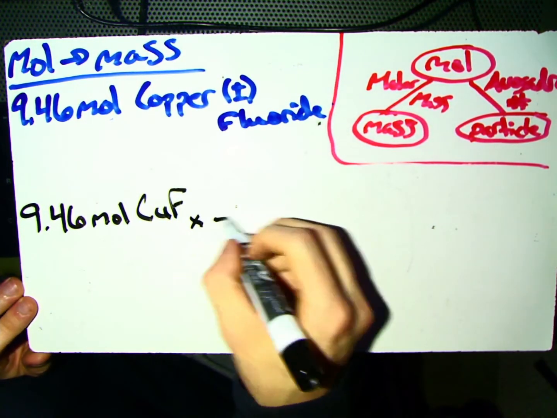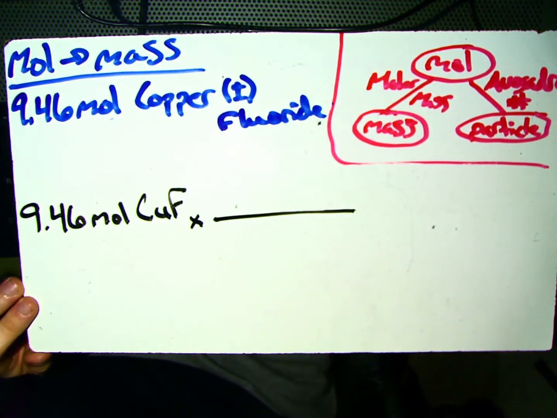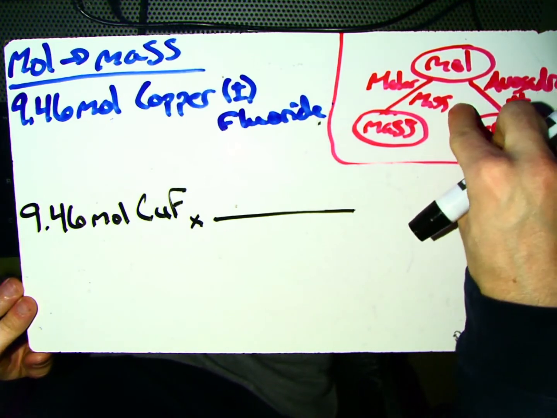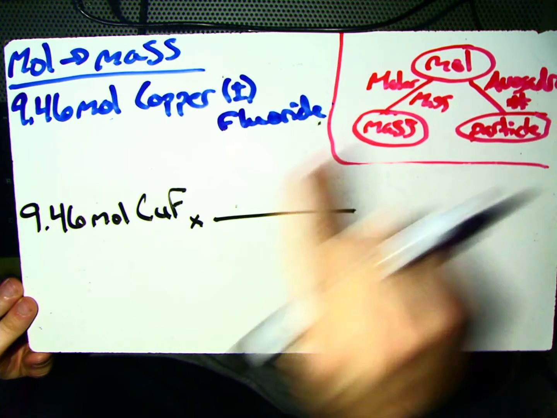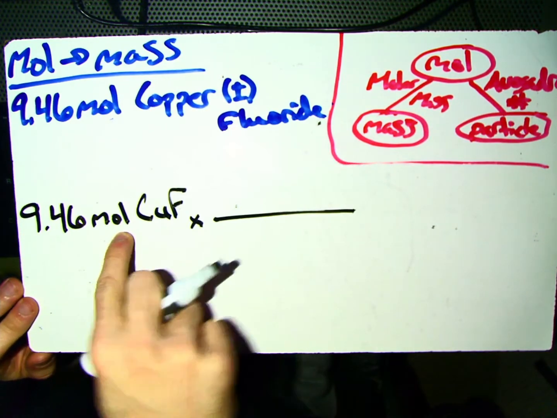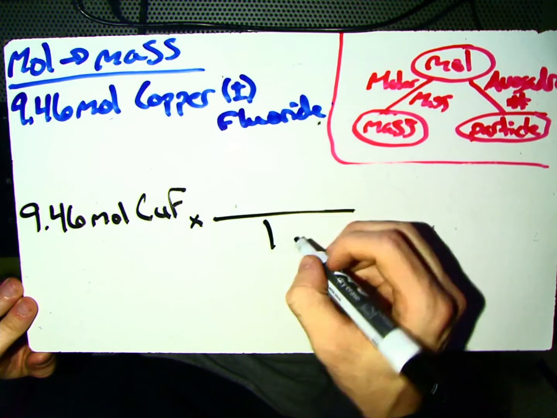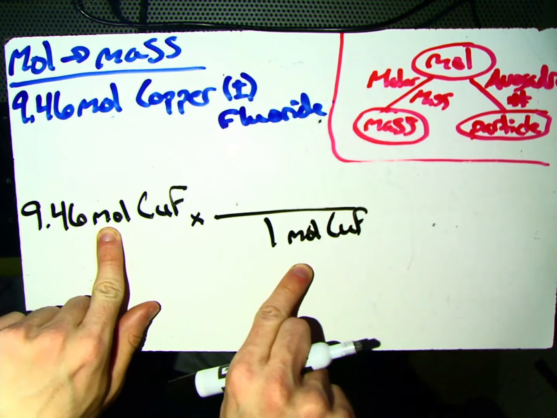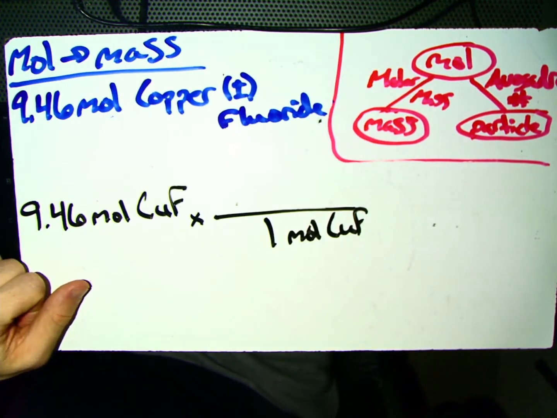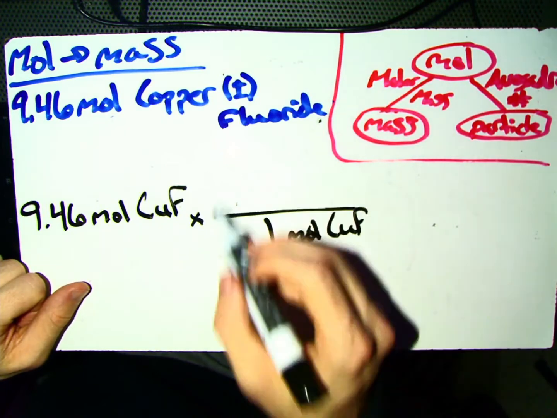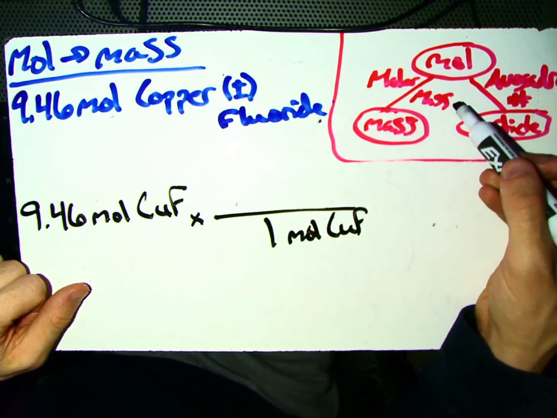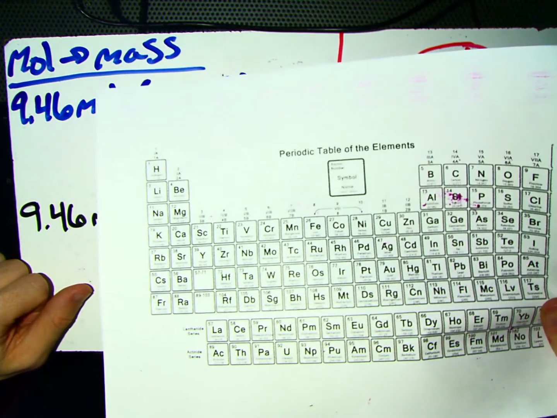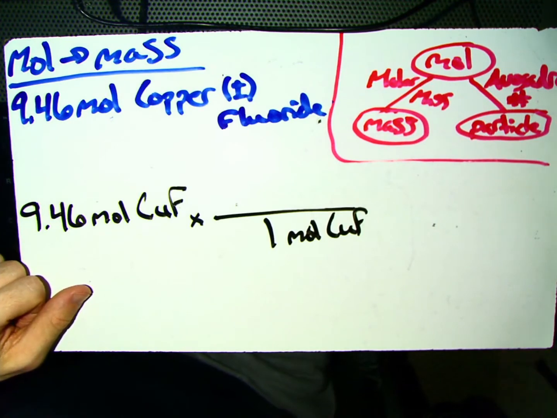And let's get that conversion factor set up. Now remember, we're going moles to mass. We still are going to use molar mass as our conversion factor. It's just going to be flipped, because if moles are in our numerator here and we need to cancel out moles, 1 mole CuF, we have to cancel out moles diagonally. What's going to go in our numerator? Again, this entire conversion factor always represents molar mass. So we need the molar mass of CuF. Where do you get that? Periodic table. And I'm going to tell you right now that it is